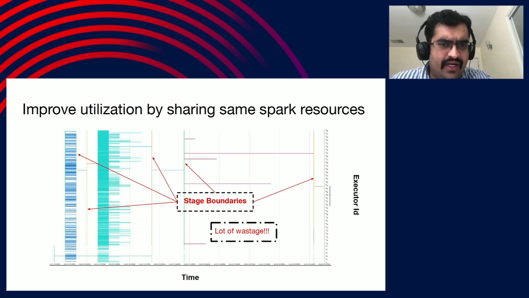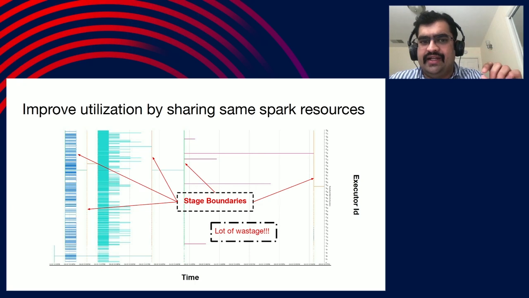And in between that, we have a lot of red pointers. So those vertical lines basically mean stage boundaries. Now you can see that there are a lot of places where you only see one horizontal line. That horizontal line indicates that there is only one or maybe two Spark tasks running, and every other executor is sitting idle. So a lot of white space here indicates that there is a lot of time spent running this Spark job where executors were sitting idle.